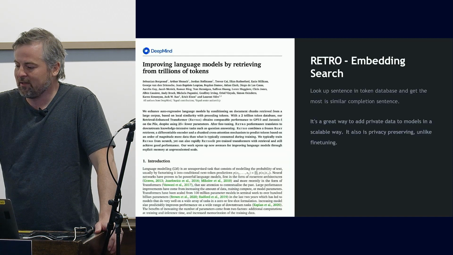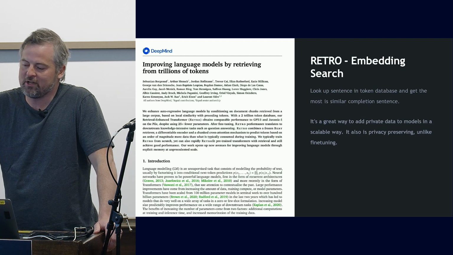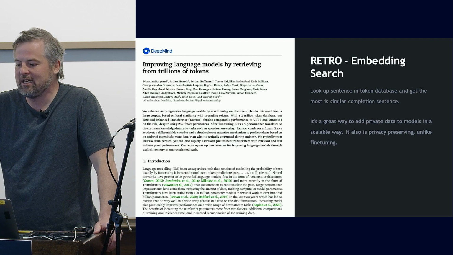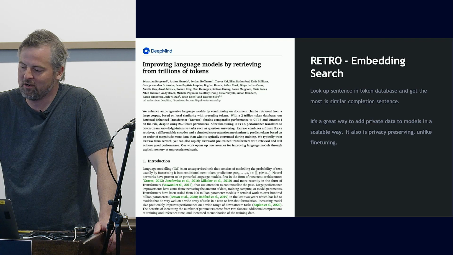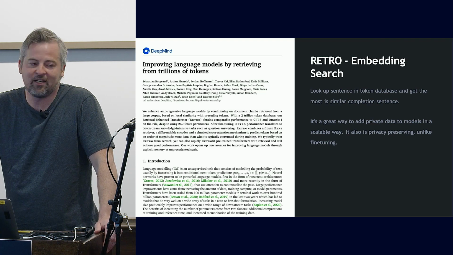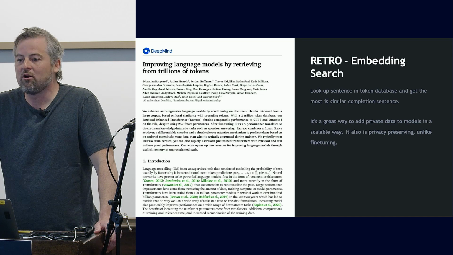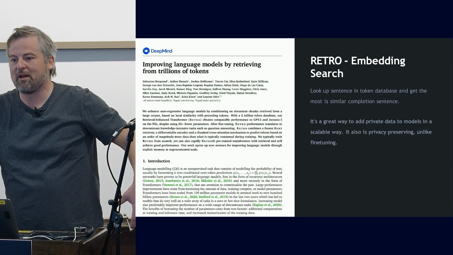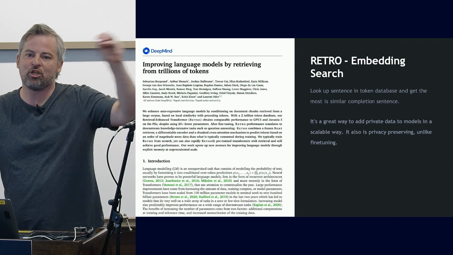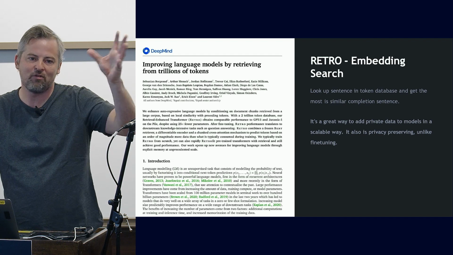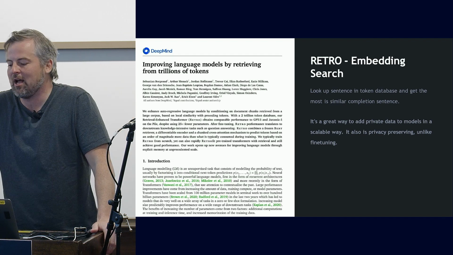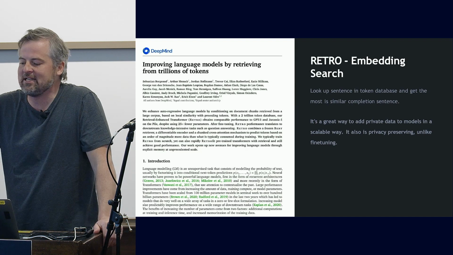So the one idea, or the 2 papers that I'll point out that you should definitely read, if you're interested in this problem, is one called Retro, which is basically augmenting these deep models with search. It's saying, hey, we can have a huge corpus of information, and we can look up the answer and inject that answer into the prompt, right? And they do that with a sort of vector search approach, and there's some twist to that particular idea.